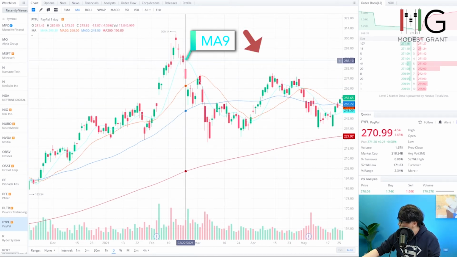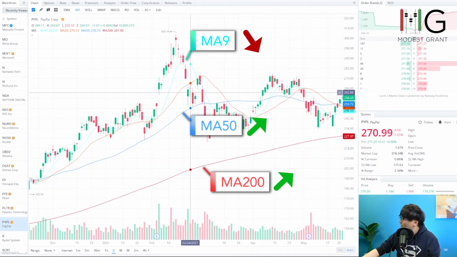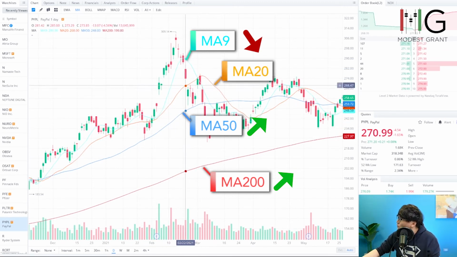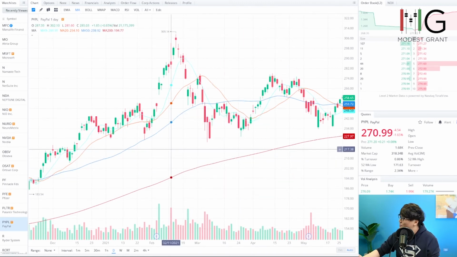This one shows you right here, there's a short downtrend. But whereas if it's 50 or 200, it shows you it's still an uptrend. It's less sensitive than the 9 period, where it shows you right here it's a downtrend. The 20 moving average also shows you that there's a downtrend right here, a very short downtrend. But the 50 and 200 show you an uptrend. So this is the difference with different time periods for moving averages.